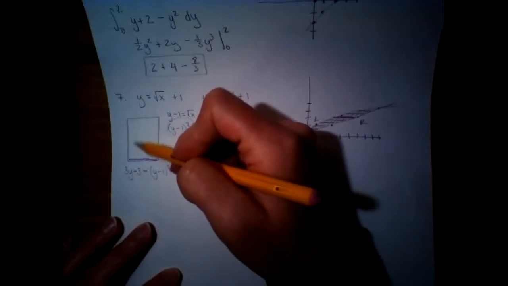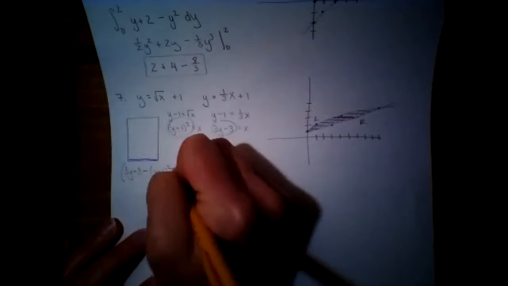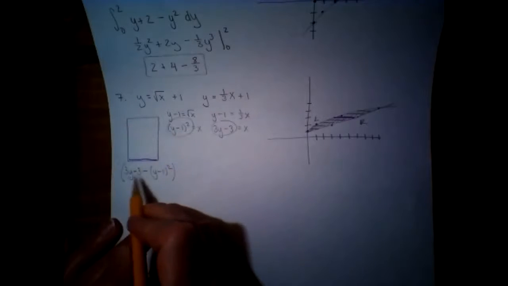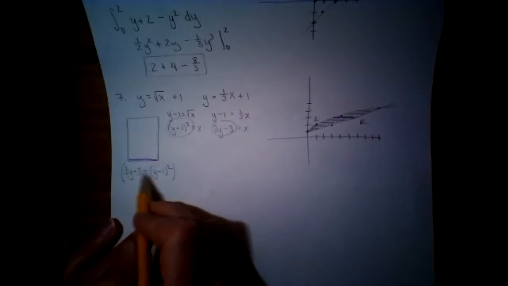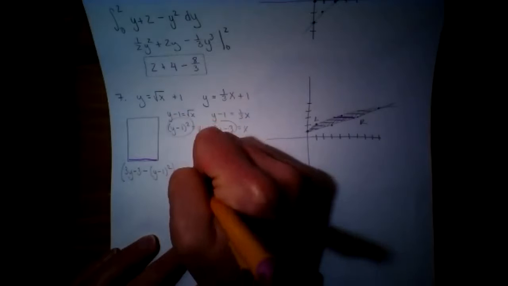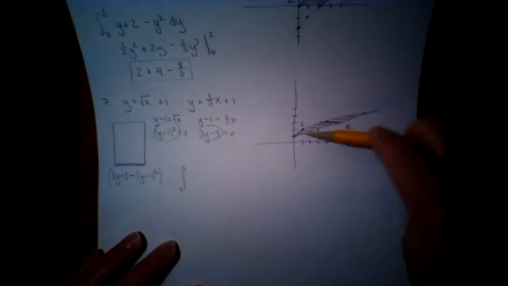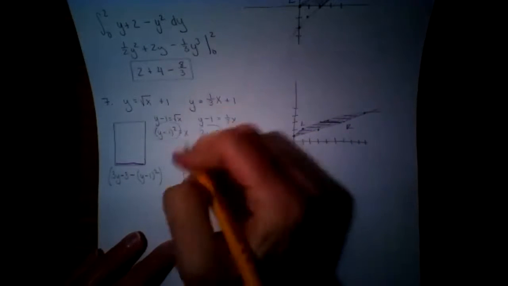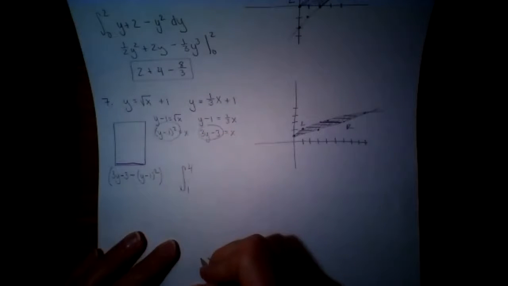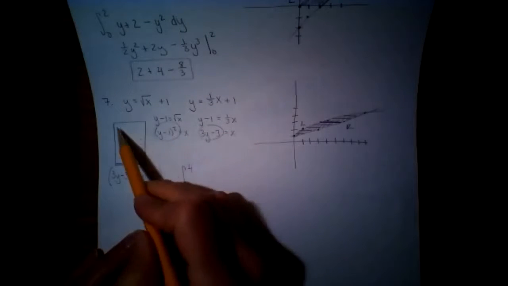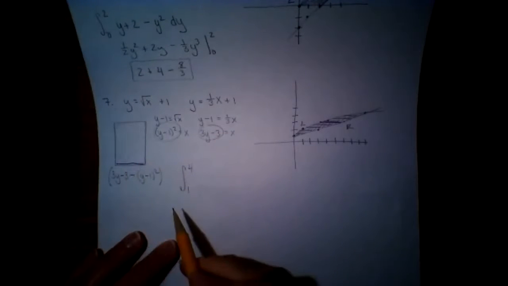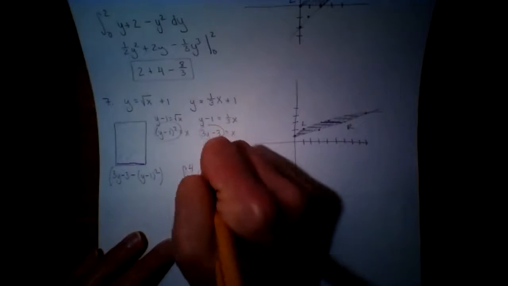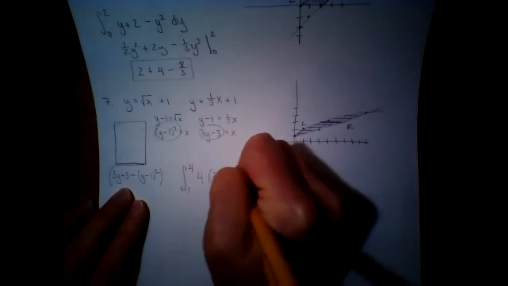Now, the height of the rectangle is going to be 4 times that. I'm not going to write that all out again, but the height is 4 times what we got there. This again was right graph minus left graph. So setting this up, we're going to use our y values, so it's going to be from 1 to 4. Look at your y-axis for that. And then inside of here, you're going to put the area of your shape. So it's base times height. And so it's going to be 4 times all of this